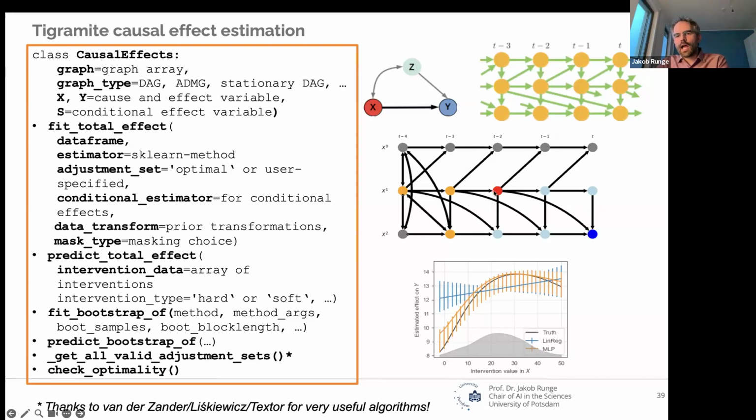And you can then color your source node, your target node, and the mediators, and then these orange nodes would be the optimal adjustment set in that case. And then you can use, in this case, a multi-layer perceptron to estimate some nice nonlinear causal effect and do some bootstrap uncertainty estimation.